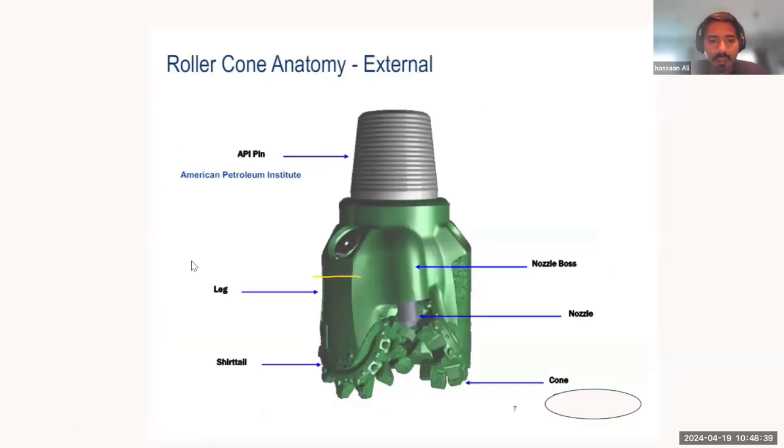Roller cone anatomy. These are just some high-level components of the roller cone bit. You will have an API pin, which is effectively a thread connection at the top. This thread connection will make up to the bottom hole assembly. Then you will have your leg. This is called the shirt tail, which is just the end of the drill bit. And then you will have a nozzle. Now, this nozzle is primarily for injecting mud, but a bigger version of this bit can actually be used for jetting as well. And then in the end, you will have your